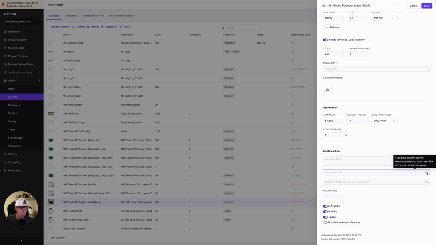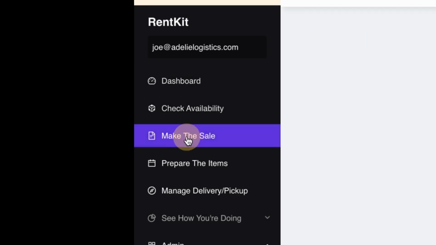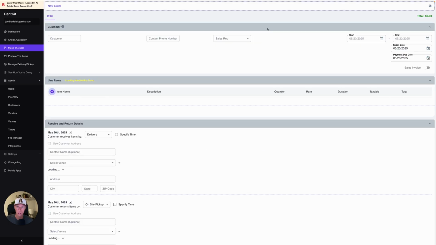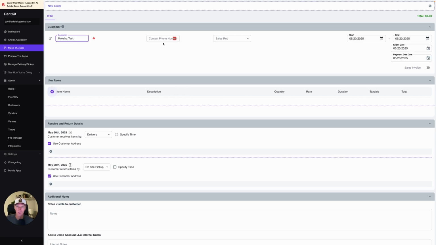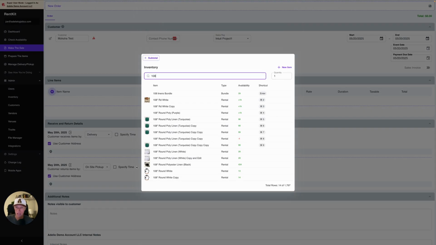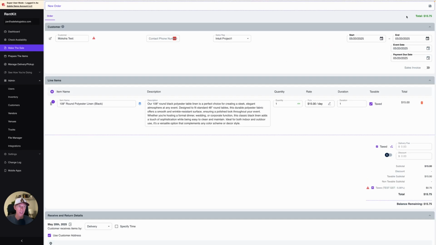So if you hover over this info icon, it'll tell you exactly what this does. But essentially what you're going to do is provide a URL that you want to link to from the product name when it's on an invoice. So in this case, I have this URL right here. We can see this later when I show you on the invoice, but I'll save it. And then just to give you an example, we'll just create a new order here, just a random test order. All right, add our sales rep information in there, and then we'll find that black linen that we just added the info URL to, and we'll save this,